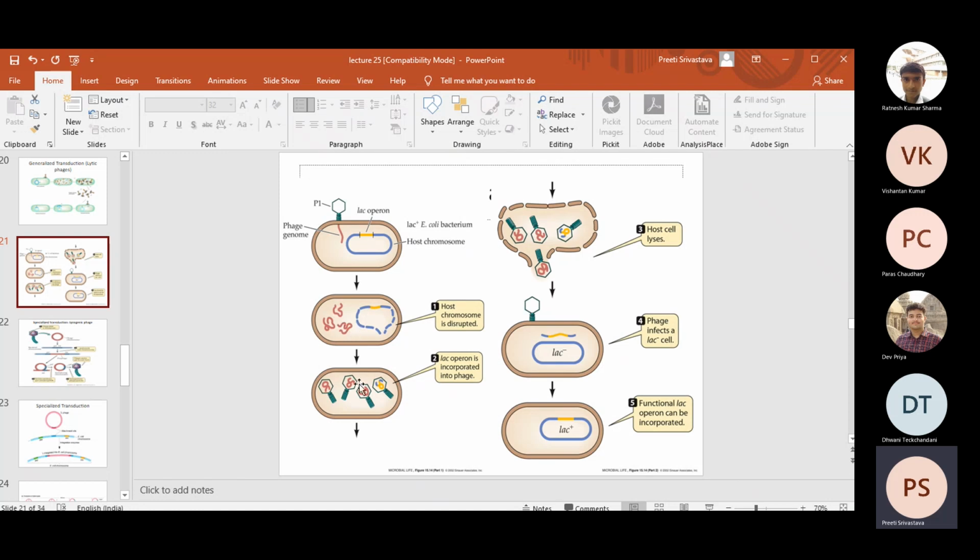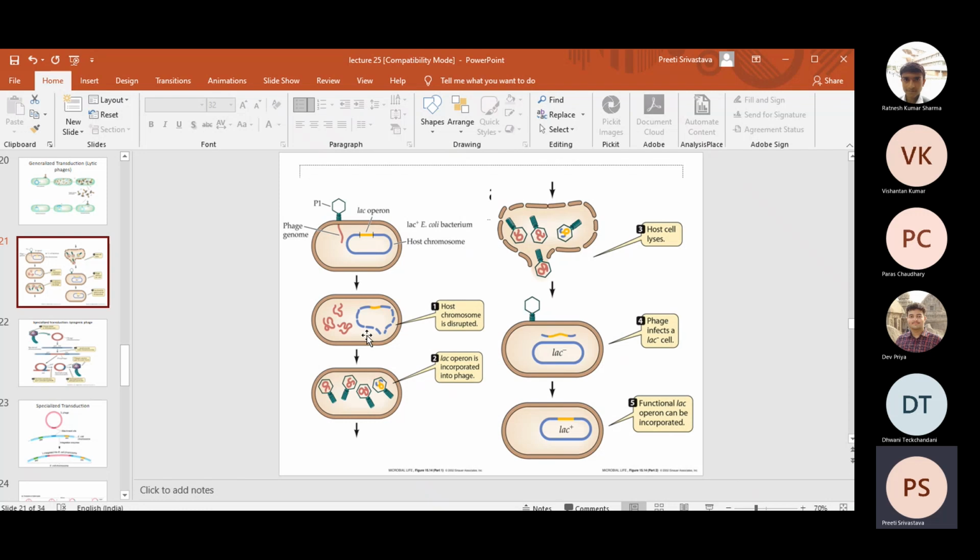Phage DNA is also there. You can see that phage particles are created, some which contain the host chromosomal DNA, some which contain the phage DNA. Some can contain the blue DNA as well. In the figure they have shown only the yellow one, but some will contain many types of DNA. The point is that the number of particles created is very large. Imagine 1000 or 2000 phage particles created per hour. So the titer is very high.